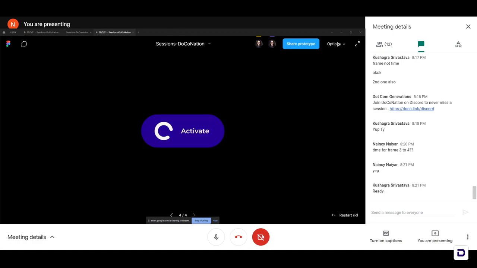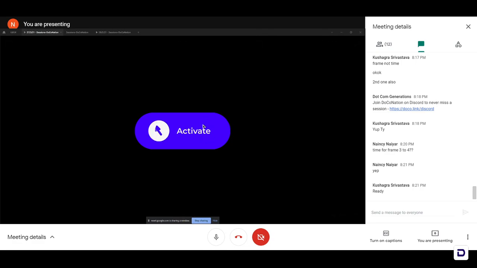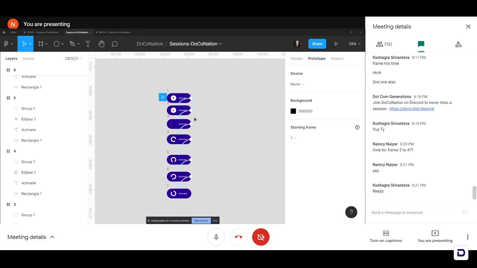Let's quickly play it and see how it looks. Okay, so this is our initial frame that we saw. On hover, it changes into a tick mark, and now I'm going to click on it. Now you can see that it faded into the background and then appeared back up, and the loader rotated seamlessly, right? So you can see the rotation and it stops over here on top. So the next thing that we want to achieve is that after it rotates, we want it to fade back in like we did in the initial third frame, and then we want it to come back up and show a green button that says activated. Right, so let's head back to our canvas.